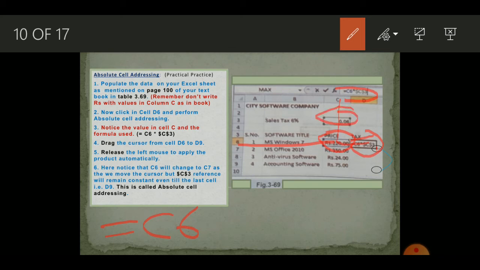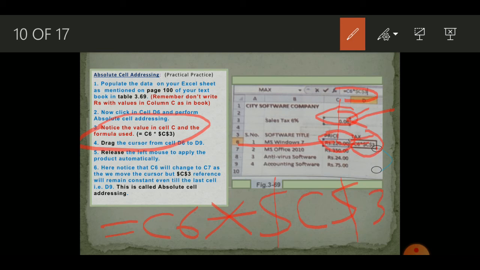And then we are going to multiply this value with this cell's value. So the star is for multiplication. You can find it on the numpad of your keyboard, and then we will write the absolute cell address. Now this is our absolute cell, and its address will be written carefully. Absolute cell address starts with the dollar sign, then the letter, so dollar C and dollar 3. This is the address of the cell, but with the dollar sign.